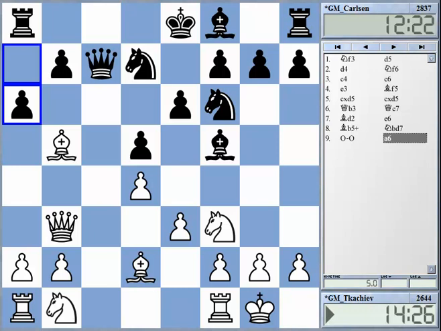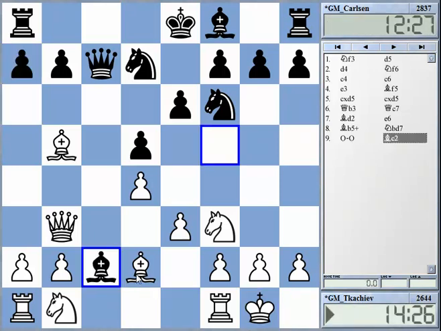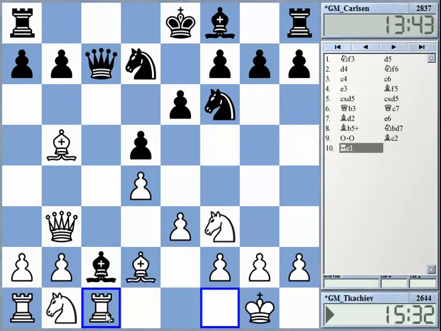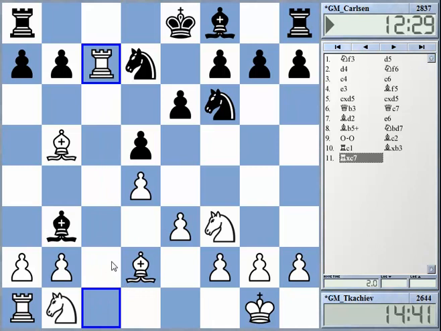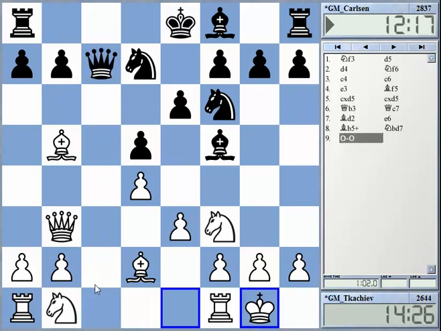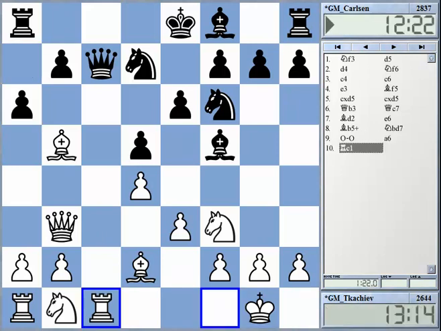and now a6. Note that this move, which looks quite nice at first sight, is answered by rook c1, and this pin here is quite annoying. This kind of stuff would be terrible for black. Okay, so bishop c2 is not a good move. a6, rook c1, gaining a tempo,